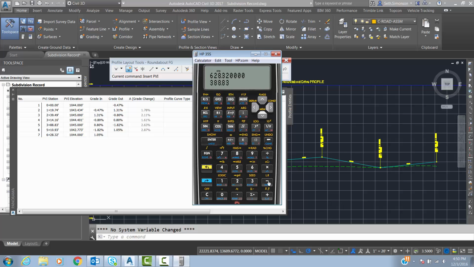388.83. So it's 239.49. Take 2 to divide that. So I have to be 119 feet between those two there. So I'm going to take this 388.83 and add it to that to get what my middle station, my low point, should be. So I take